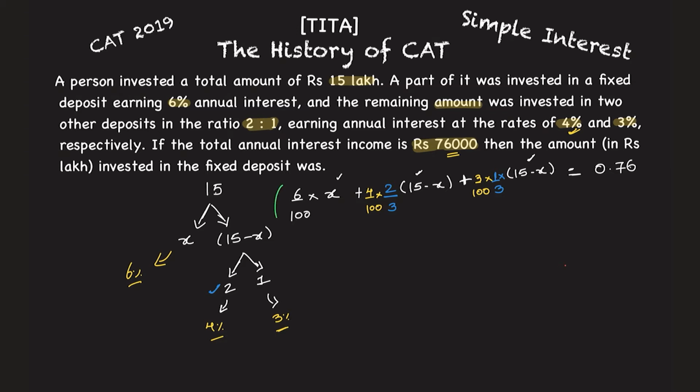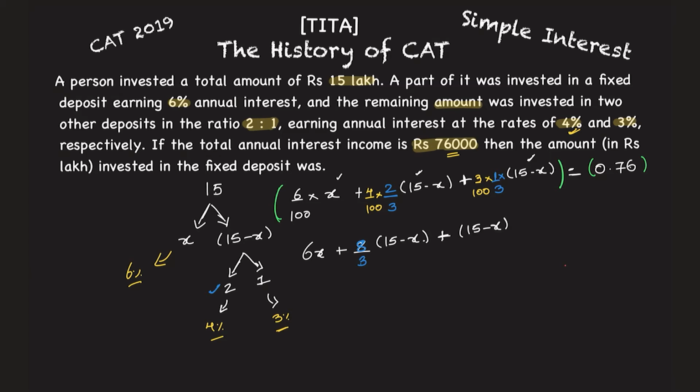So this entire thing, I multiply by 100. Obviously the RHS will also be multiplied by 100. So if I multiply this by 100, what will be remaining is 6x, plus this will be 4 into 2, 8 by 3 of what? Of 15 minus x, correct, because your 100 got cancelled here. Then again plus, if you keep it like this, 100 will get cancelled. Again, what you are left with is 3 will also get cancelled, and you are left with 15 minus x.